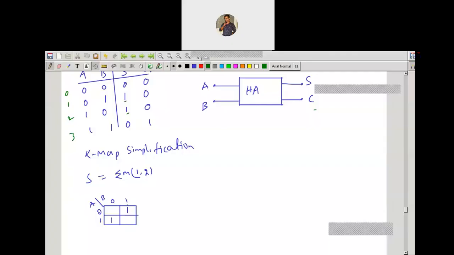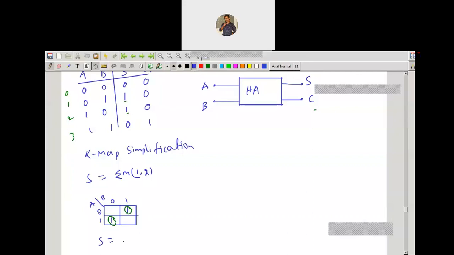Now how many maximum cells can we group here? We can group only one cell here. There is no possibility of grouping two cells. So I group this one cell and also this one cell.